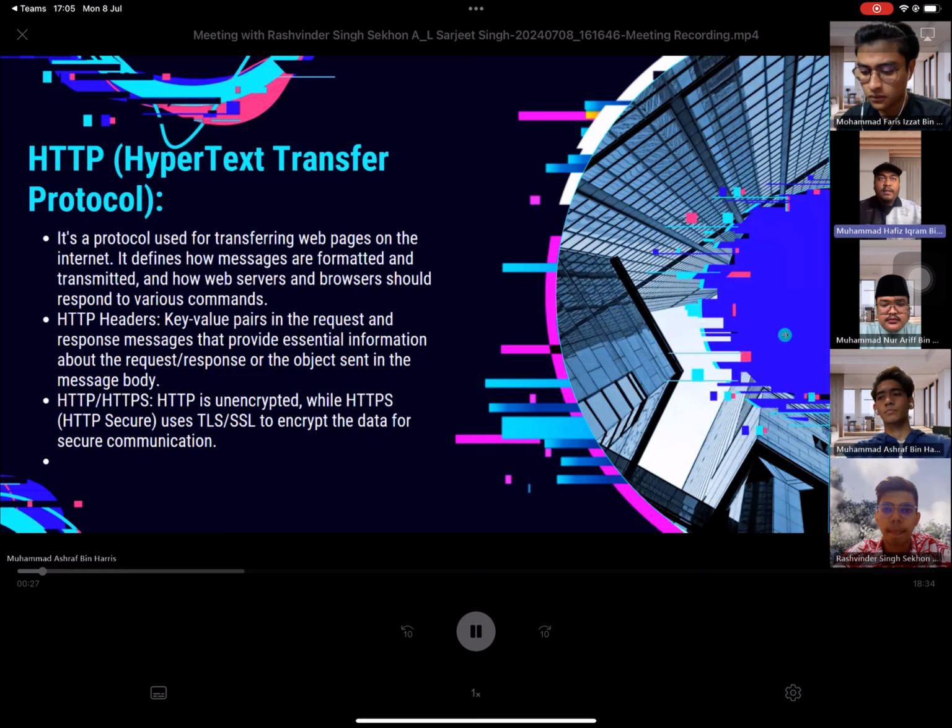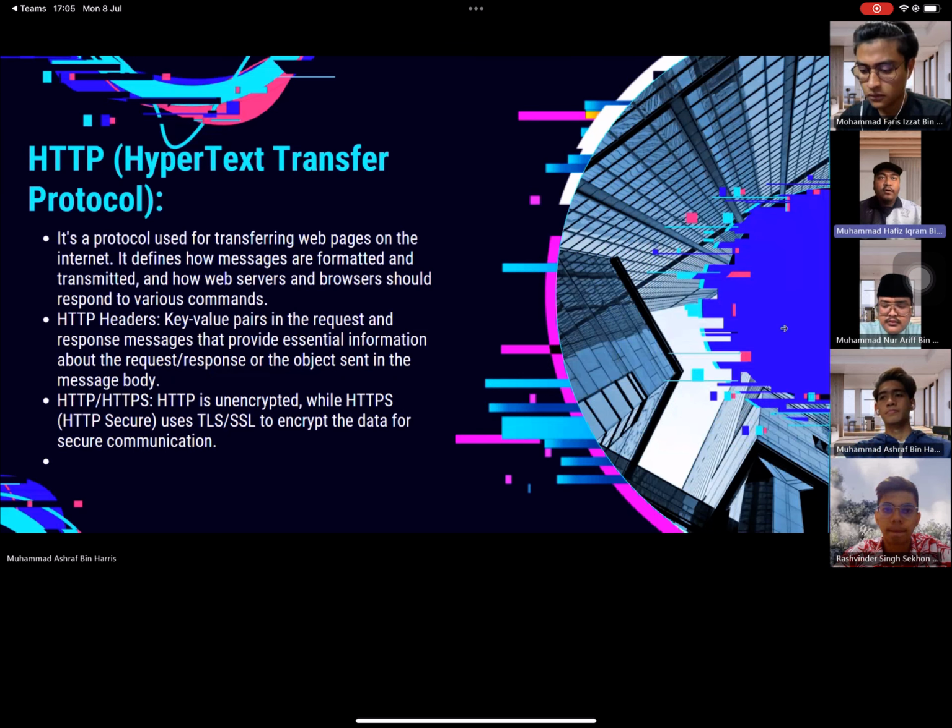For HTTP, HTTP stands for Hypertext Transfer Protocol. It's a protocol used for transferring web pages on the internet. It defines how messages are formatted and transmitted, and how web servers and browsers should respond to various commands. Next,